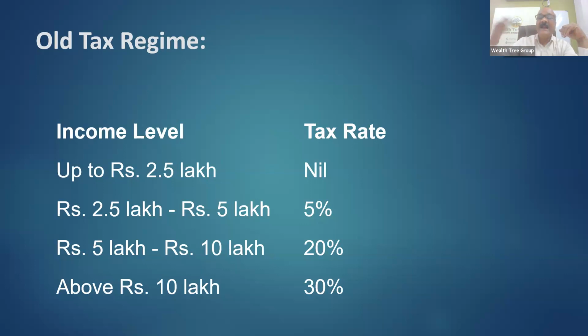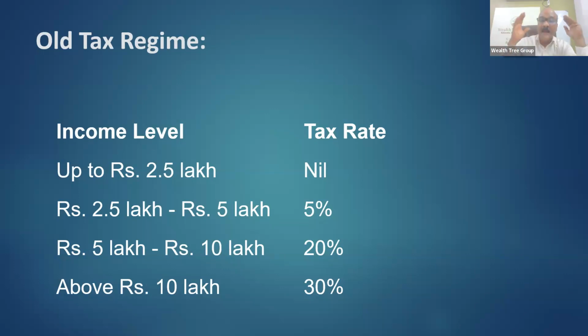That means previously it was there. And then, up to 5 lakhs income you will get a rebate, so that people who don't have above 5 lakhs income, there is no need for them to pay the tax. Even though they have to file the return, you can show the nil tax because of the rebate which is allowed till 5 lakhs. It is of the old regime. Is everybody clear? Yes, sir. Everybody understood what is the old regime?